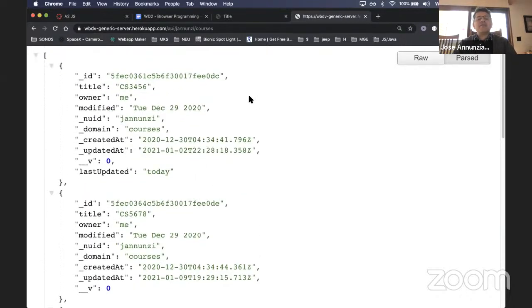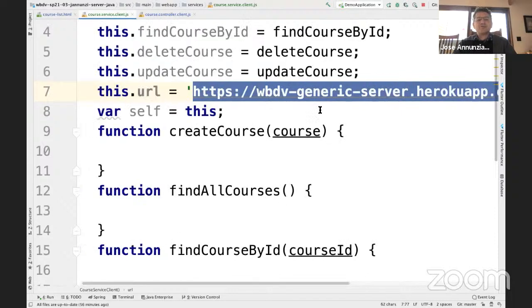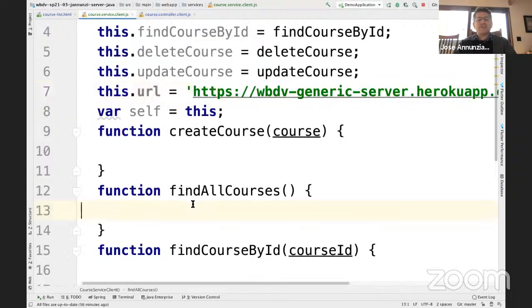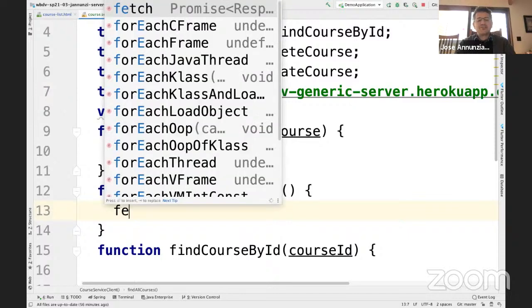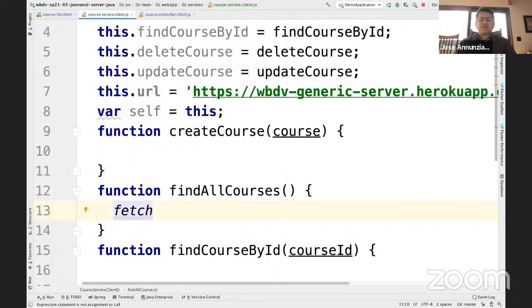How do I fetch this data? I can do it manually, but we can also do it programmatically. So how do I do that? I want to fetch the data. So there's a function called fetch, that if you give it the URL,